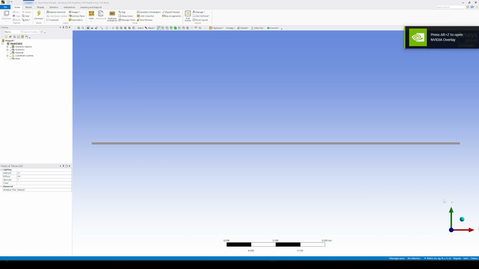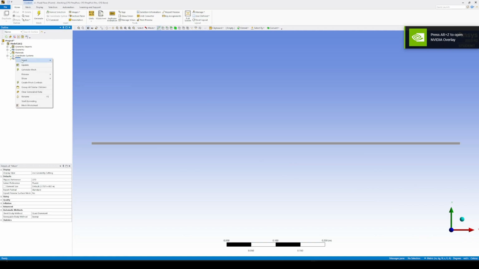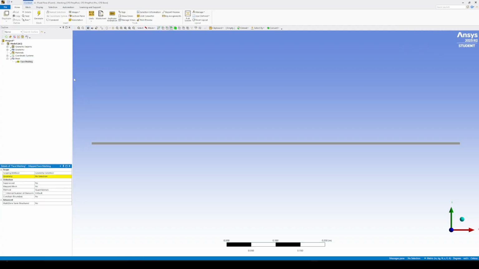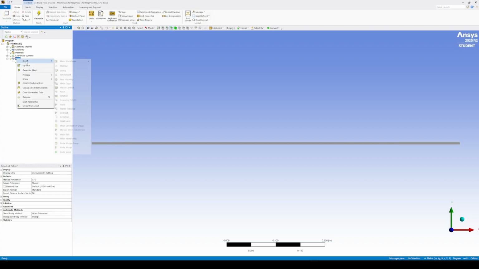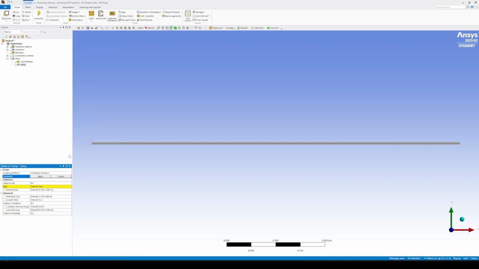While that loads up, perfect. It's already in the X and Y plane. So first we're going to right click on mesh, insert face meshing, select apply. That will be our face mesh. Then we're going to go insert again, sizing. We're going to select the edges. The top and bottom will be